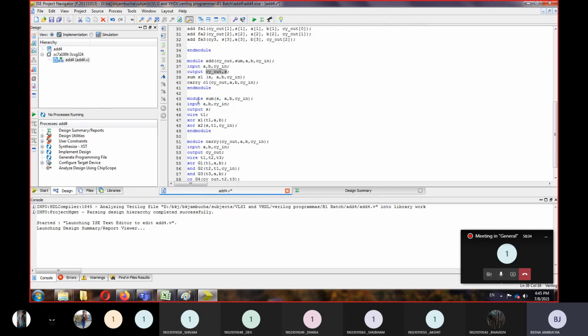What are we doing? These modules are copied here, right? So this S will be mapped with this S, A will be mapped with A, B with B, and carry in with carry in, right? And it will give the output of S. Same way here, carry module is again initiated, and this module is actually copied or